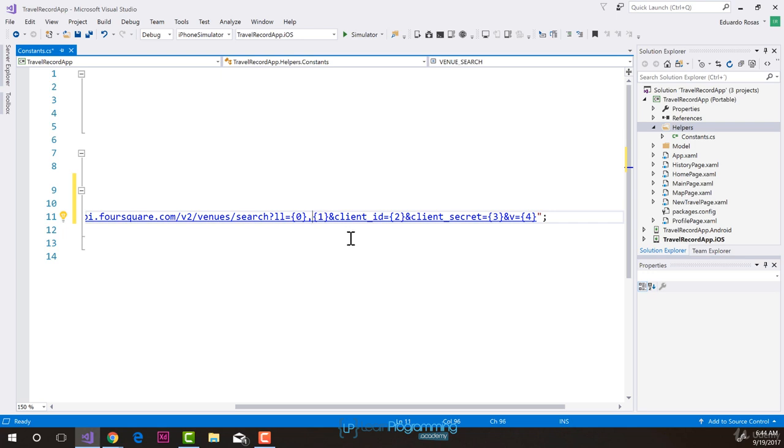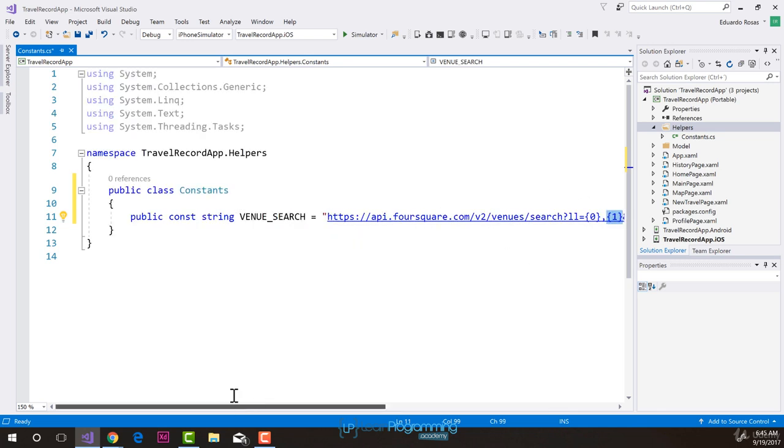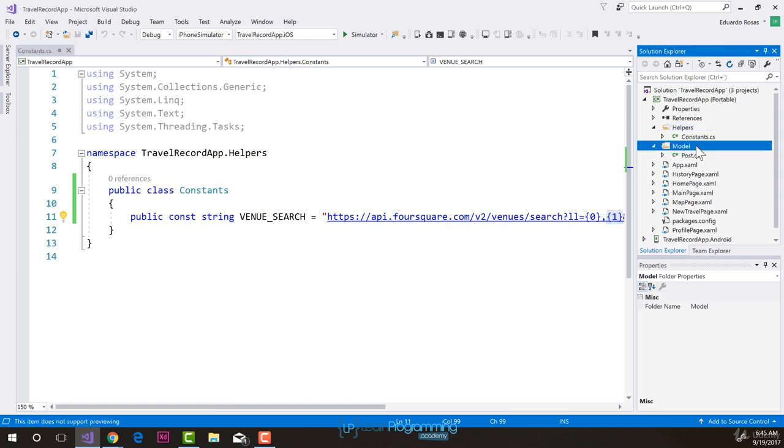When we create the string, we're going to be formatting this string. And so after passing the main string, we can start passing the values that are going to be inside of these placeholders that I have just added. For example, the first value that I pass is going to be set in the first placeholder, which is going to be the one for the latitude. The second value that I pass is going to be inside of the second placeholder, and so on and so forth. So now that we have this constant variable, I am going to save the changes,